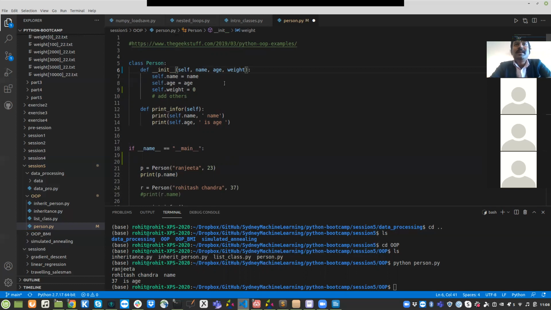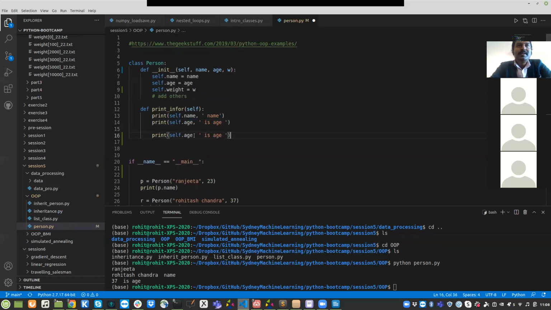Note that this variable name doesn't need to be always the same as what is in self.w. I mean, this would work the same actually, but from here, if you do a print w, for example, it is weight,